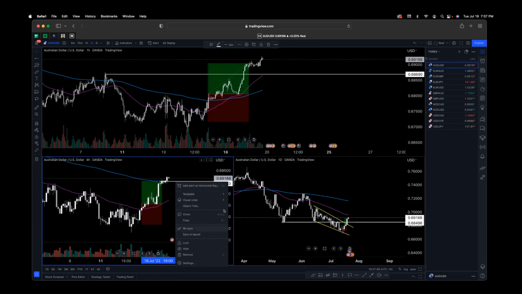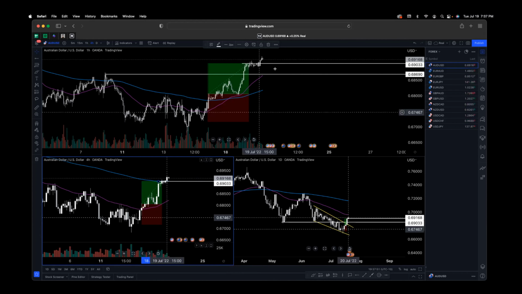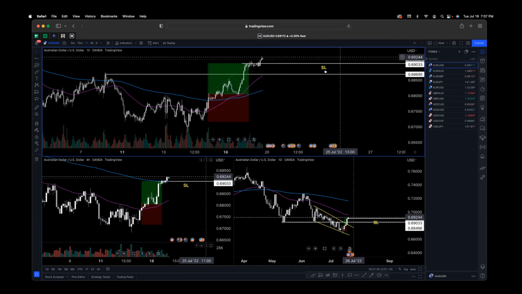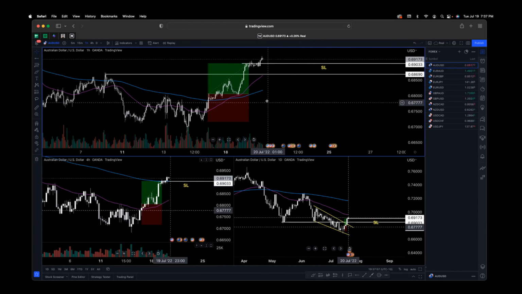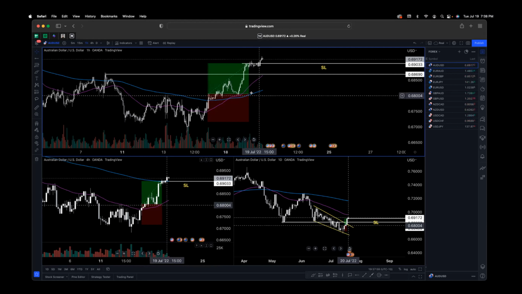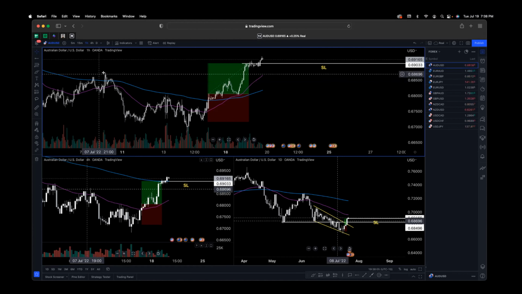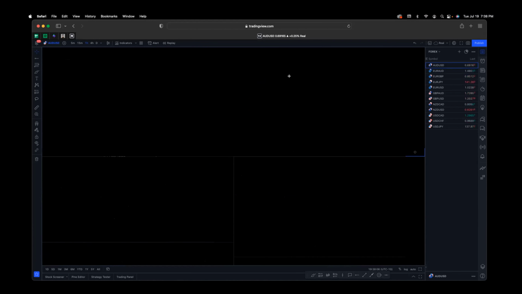200, sorry. Sync in layout. We're going to go stop loss, profit. So this is the profit target right here. And I'd be out for 1% if I didn't let this get in my way psychologically, because this is just a temporary resistance.